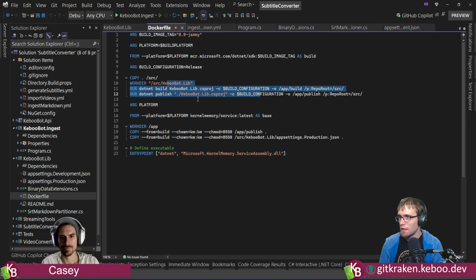Then it switches, and grabs the, which one were we using for runtime? We were grabbing the kernel memory service image, which comes pre-bundled with their service, and we were just extracting our published artifacts from our .NET publish, shoving them in along with our config, and calling it a day. So, easy mode.